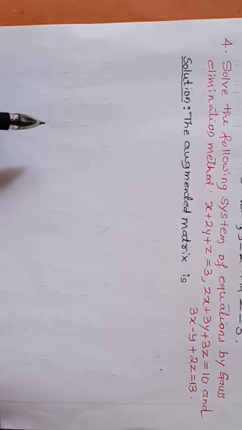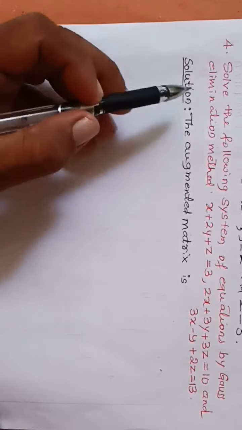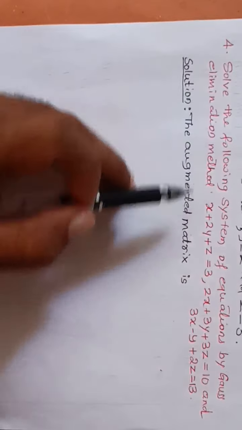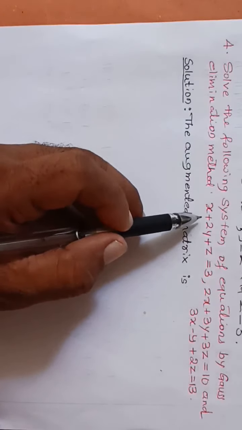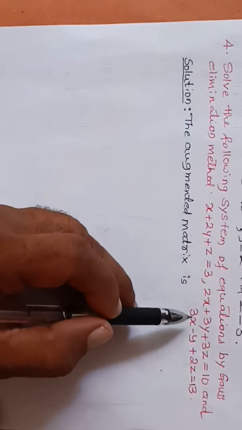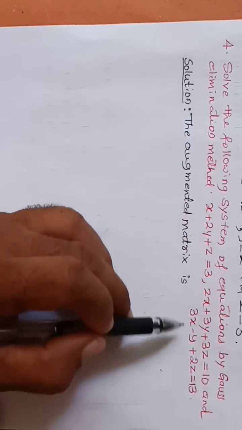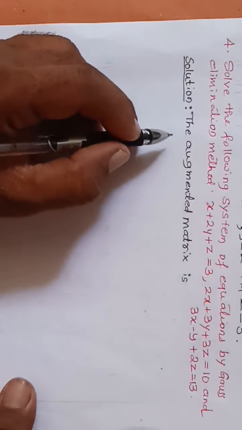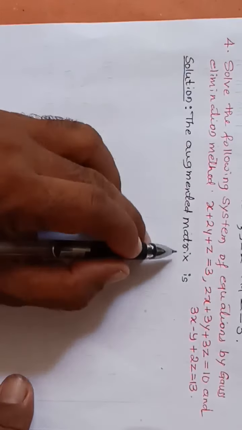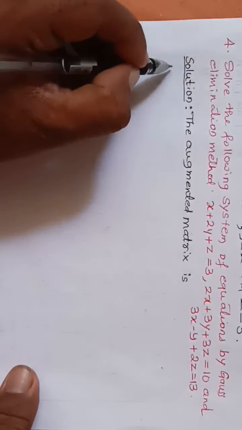Moving to another problem, the Gauss elimination method. Problem number 4: solve the following system of equations by Gauss elimination method. The given equations are x + 2y + z = 3, 2x + 3y + 3z = 10, and 3x - y + 2z = 13. The augmented matrix is